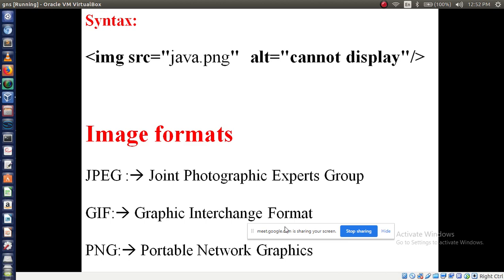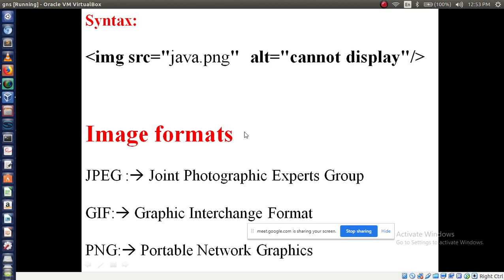It is an extension for image formats. The best format for displaying images in a website is PNG format. Almost all images are using which format? PNG format, Portable Network Graphics extension, PNG.